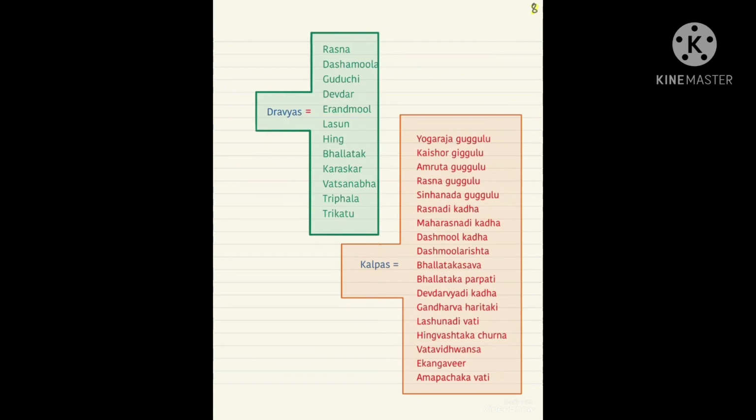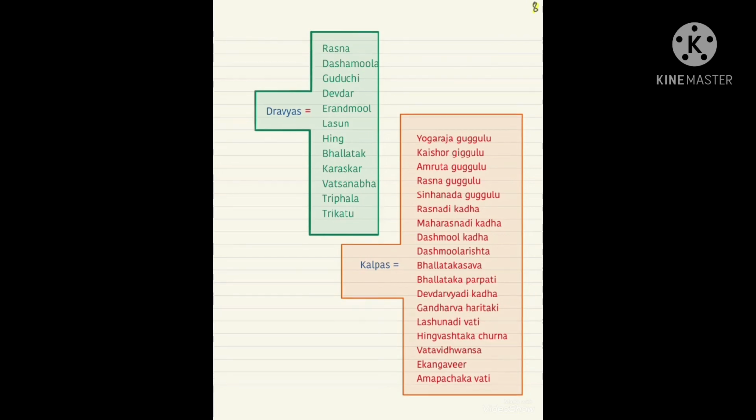Alright, so what dravyas and kalpas are to be used for the treatment of Margavrodhajanya VATAVYADHI? The dravyas that are to be used are rasna, dashmul, guduchi, devdar, erandmul, lasun, hing, bhallatak, karaskar, vatsanabh, trifala and trikatu. And the kalpas that are used are Yograj Gugul, Kaishor Gugul, Amruta Gugul, Rasna Gugul, Snehanad Gugul,